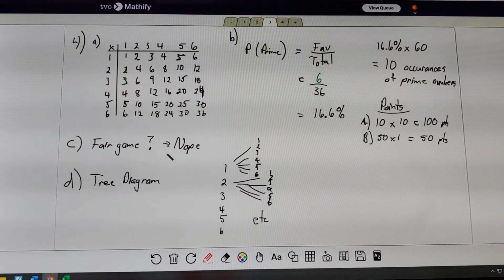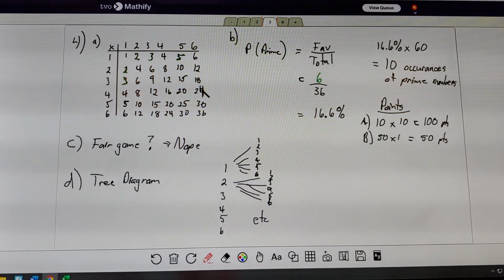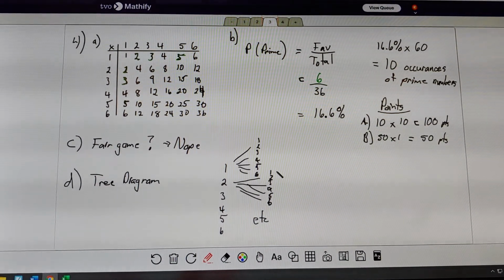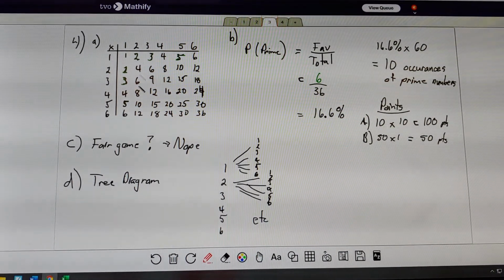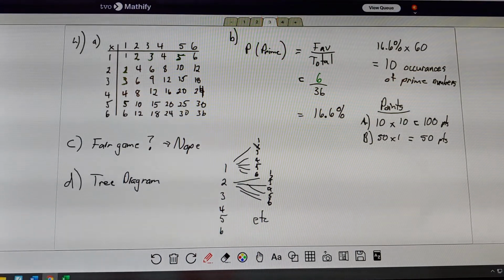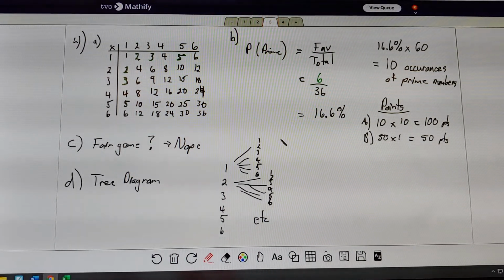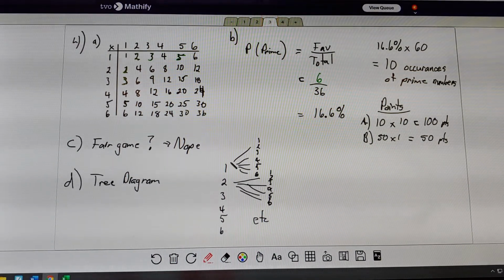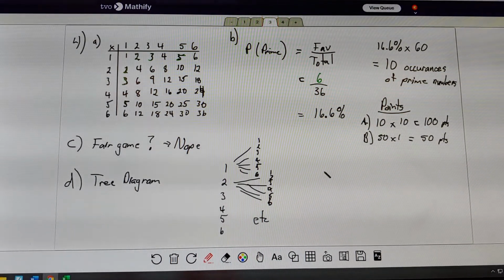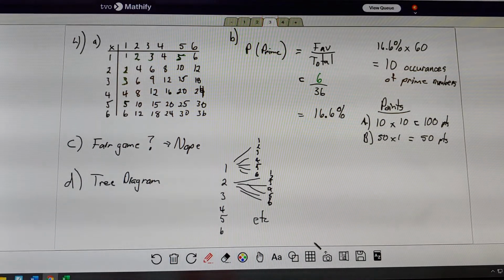D said, could you list a tree diagram to list the outcomes? Sure. It would just be a lot bigger than this. Tree diagrams are excellent for certain things, like we'll see in the next question. But this is a much more compact way of doing it, although a tree diagram would give you the same thing. So it's just, what could you roll on the dice on here? What could you roll on the dice on there? And then the third part that I forgot to put in would be the outcomes. So for example, because we're multiplying, we'd have to show 1 times 1 is 1, 1 times 2 is 2. Down here, 2 times 1 is 2, 2 times 2 is 4, 2 times 3 is 6, and show all of those outcomes over here.